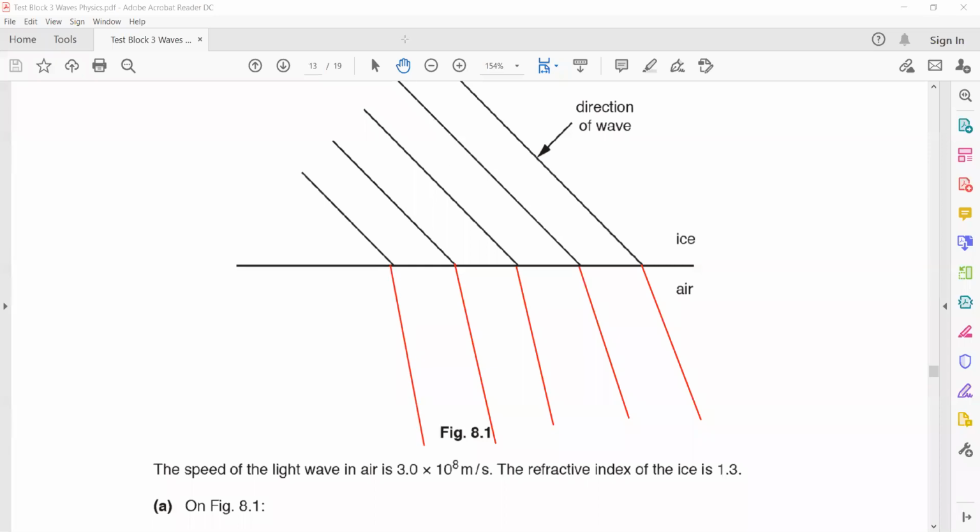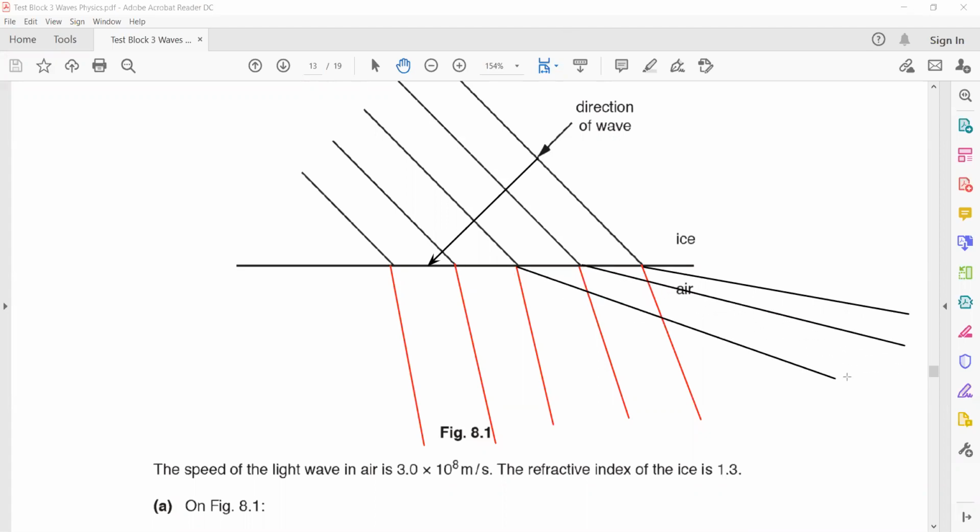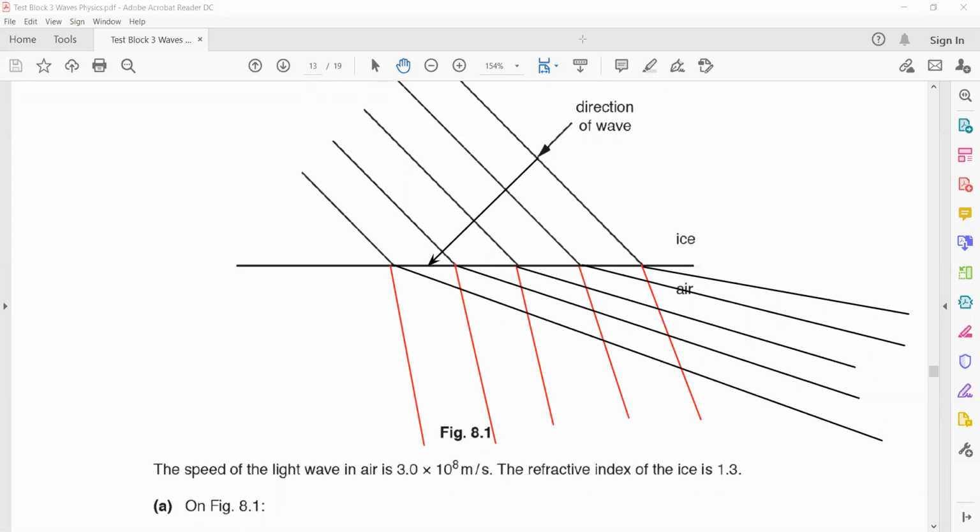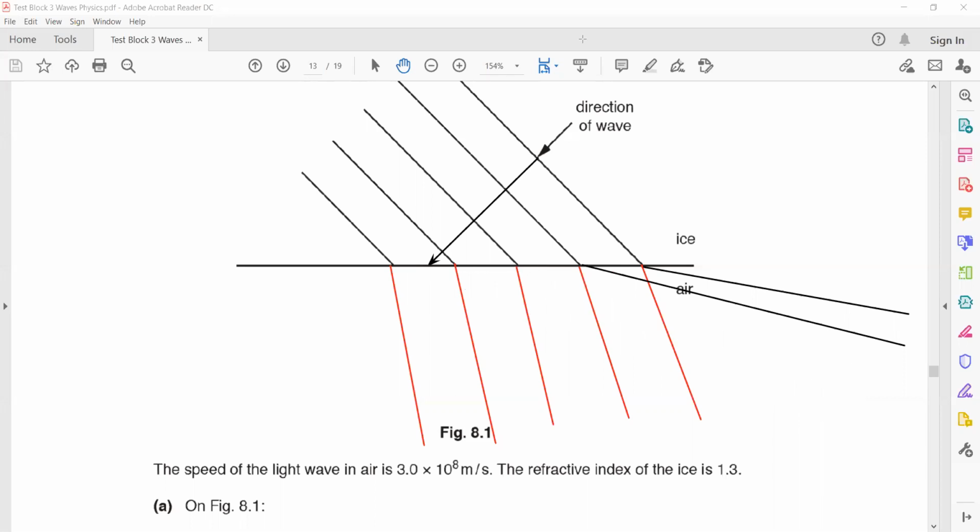refraction. So if I continue, Sir, shouldn't it be inside? No, because the wave is traveling faster in air. This is a light that travels faster in air. That's why the wavefront should be ahead. If I draw backward, it means the wavefront slows down. If I draw in this manner, it shows that it slows down. But in air, light travels faster as compared to that in solid. So it should be ahead.